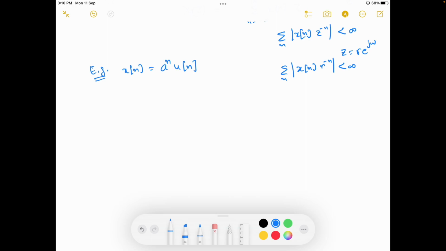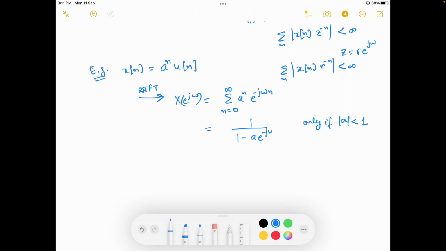Oh, first compute the DTFT. DTFT is equal to